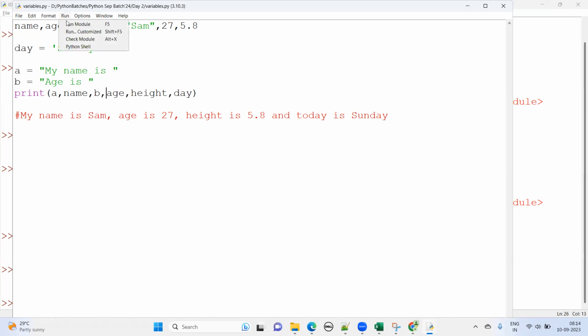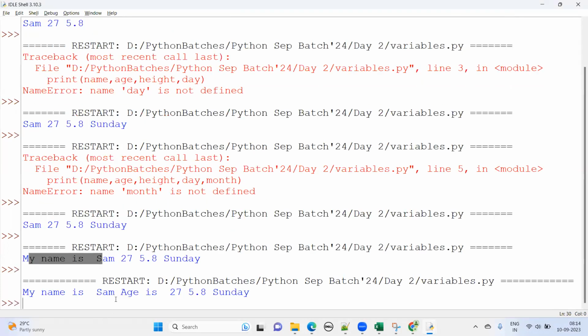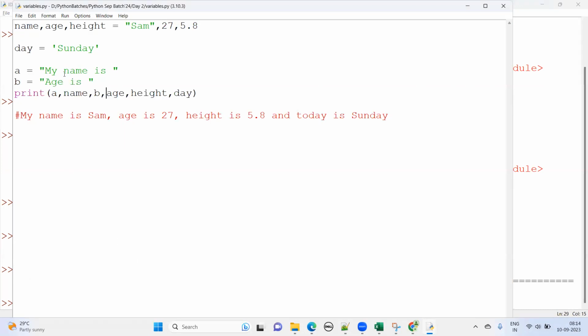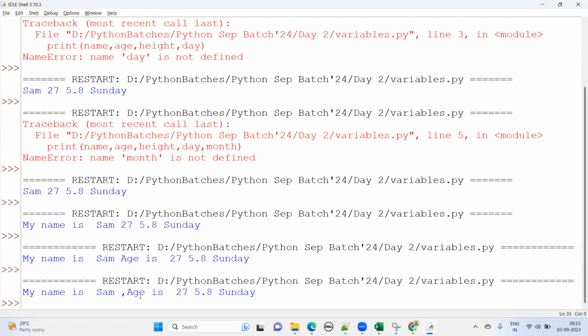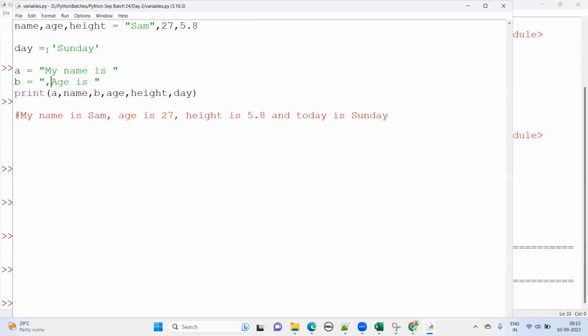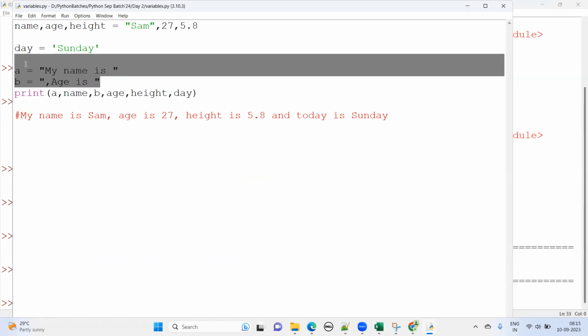Okay, my name is Sam, age is 27. Okay, so if you want to insert a comma, you can give a comma in the beginning like this, and then run it. My name is Sam, age is this. Okay, this is one way of doing it. But this is not looking that good because